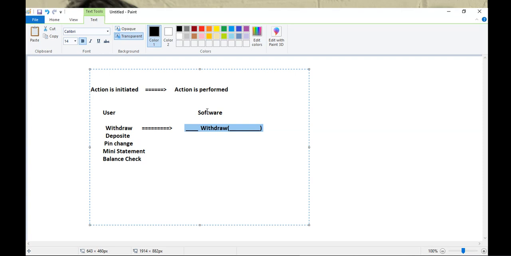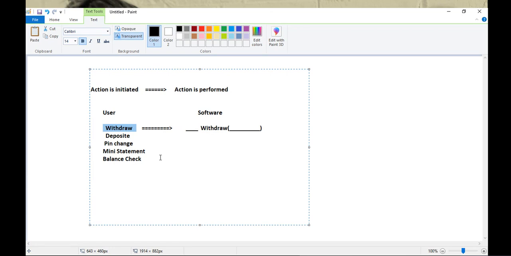So somebody needs to tell the software, please execute the withdraw implementation because withdraw is called. And who is doing this job? Delegate. So delegates are acting as a binder for events. Okay, delegates are acting as a binder, or they are acting as a bridge in between activity initiated and activity performed.